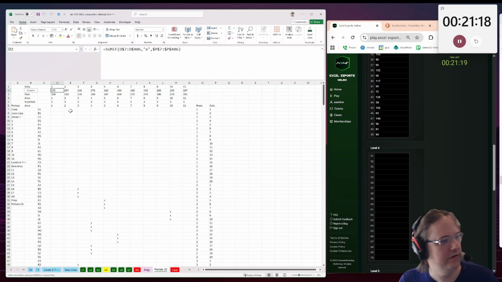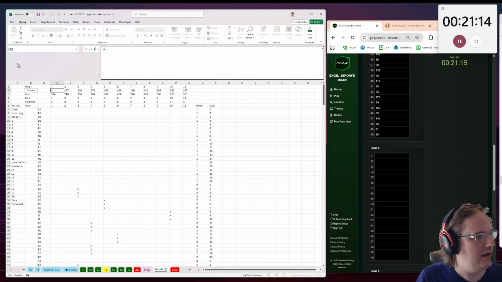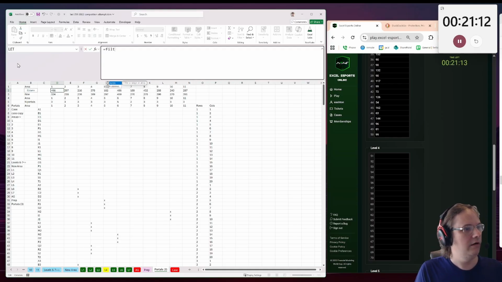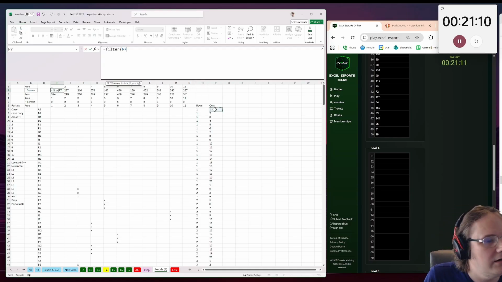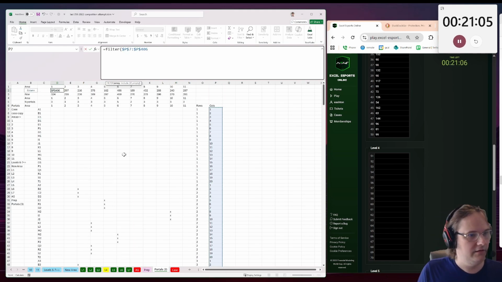Got to do this as a filter. So column now is equal to filter the column numbers locked where